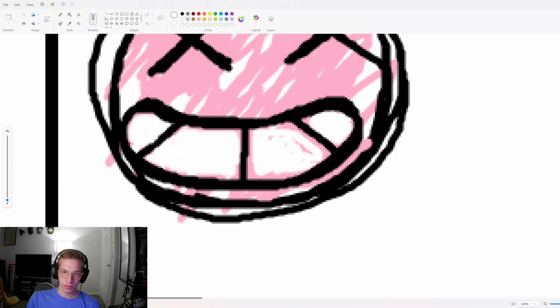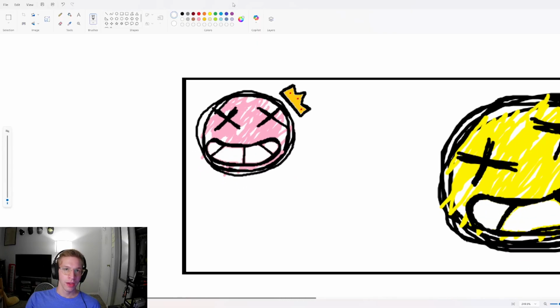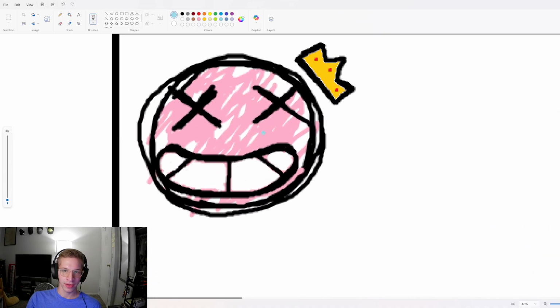Clean her teeth real quick. Get all that pink out of there. I think I want to put Indecisive in here. He's one of the ones that is more than one, which is pretty cool. Alright, how are you looking, Majesty? Beautiful. Oh yeah, we gotta give her a tear. That's part of her design. And usually I put it on the left. We'll put it there again for now.